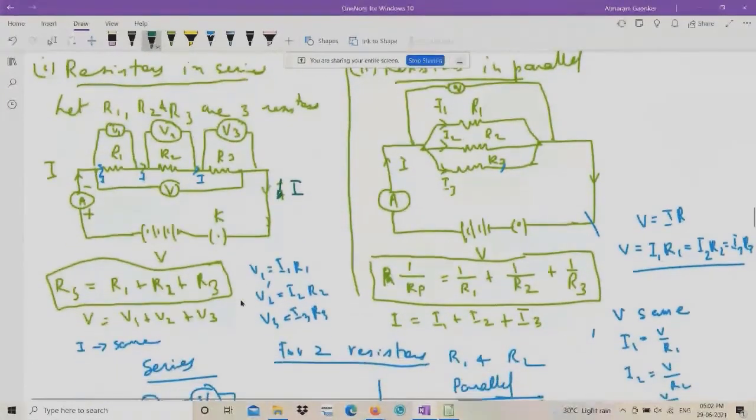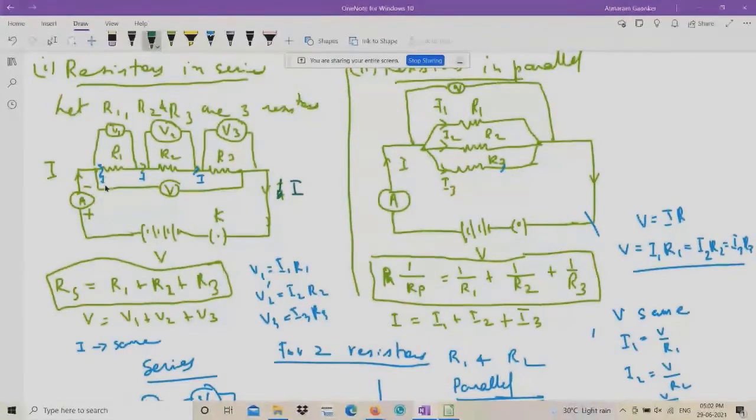Now in this, what you have to remember is that the total resistance of these, that is the effective resistance or series resistance, is written as Rs, equal to the sum of the three resistances, R1 plus R2 plus R3. And then one more part you have to understand, that the total voltage V across the three resistors is equal to the sum of the voltages V1 plus V2 plus V3. So V is equal to V1 plus V2 plus V3. Understand this much only. And that's all about this.